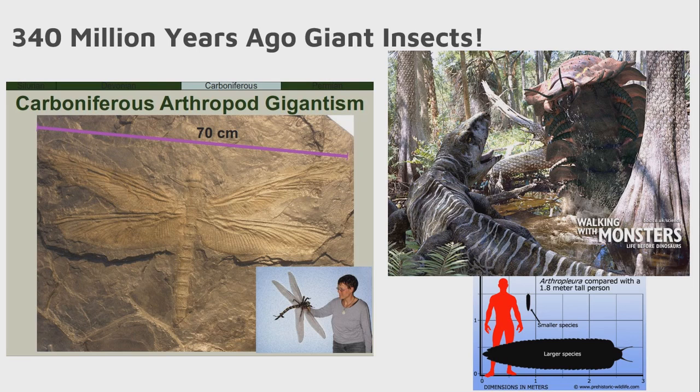this dragonfly here is about 2 feet big, wingspan, and even crazier is this centipede guy up here who's fighting this frog monster. If the average human is about 6 feet, these were about 8 feet long. So if you can imagine walking around in the woods and coming across an 8-foot long centipede, well, that'd be